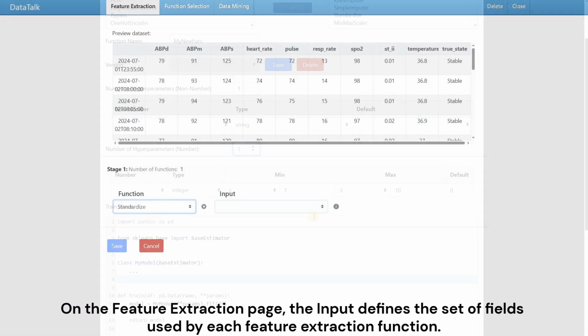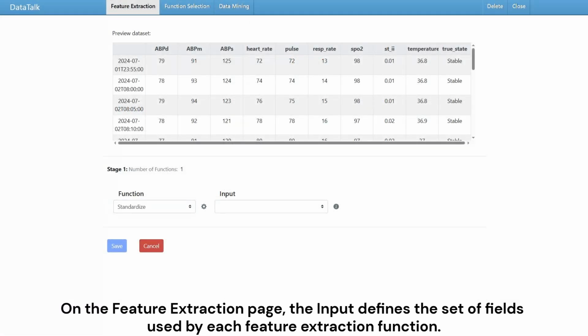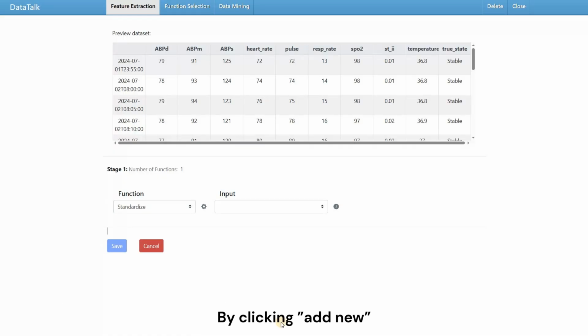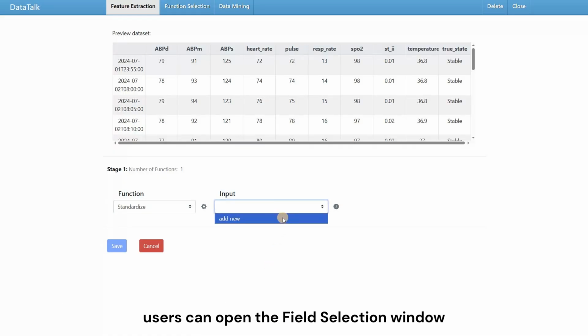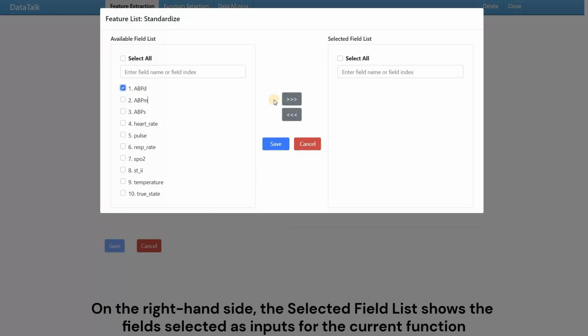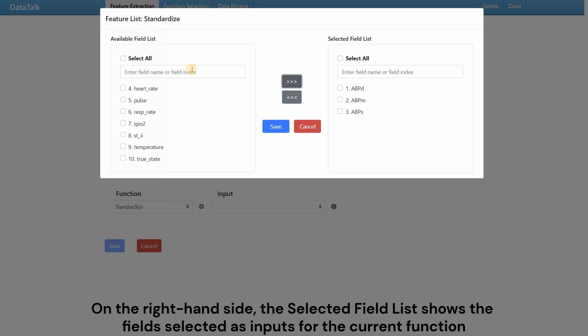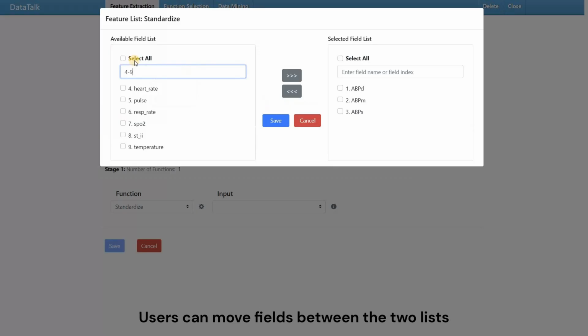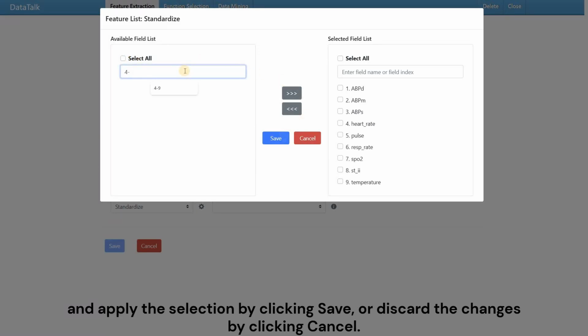On the feature extraction page, the input defines the set of fields used by each feature extraction function. By clicking Add New, users can open the field selection window. On the left-hand side, users can see all available fields at the current stage. On the right-hand side, the selected field list shows the input fields for the current function. Users can move fields between the two lists, and apply the selection by clicking Save, or discard the changes by clicking